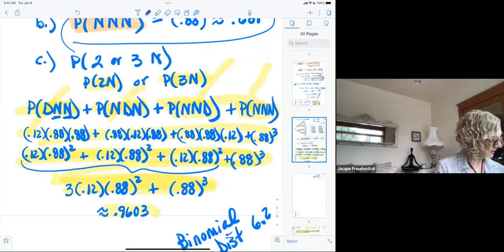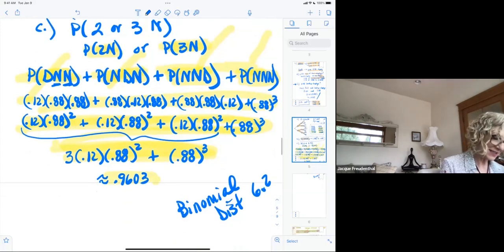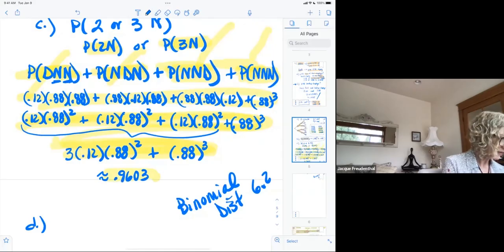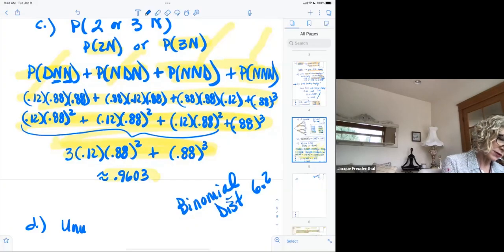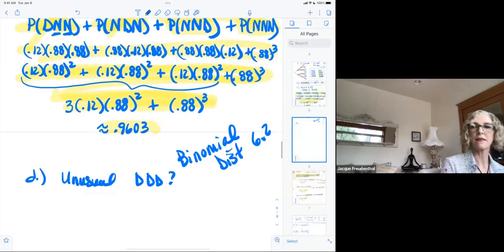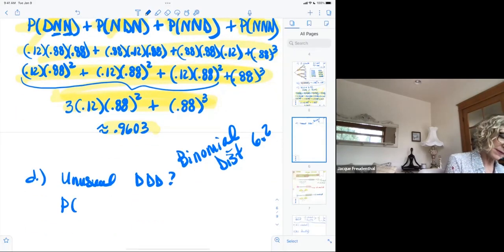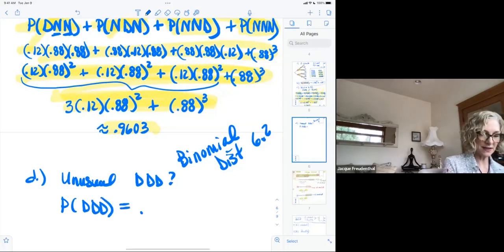Let's go on to part, let me know what part we're on. C, D, we're on D, part D. Okay, part D on this problem says, would it be unusual for all 3 circuits to be defective? Unusual for defective, defective, defective. So I need to find the probability of defective, defective, defective. So 0.12 to the third power, which is approximately